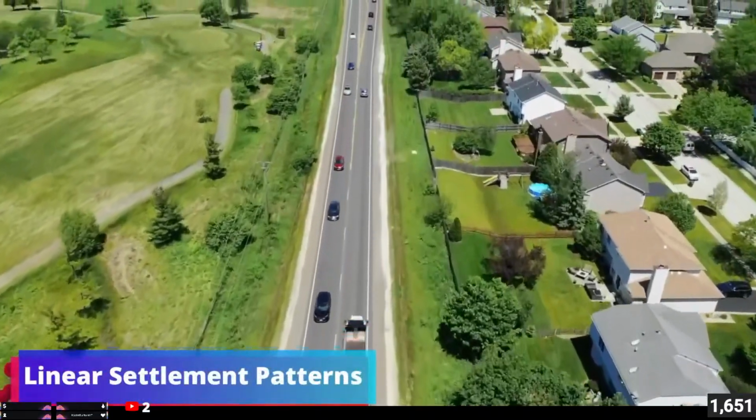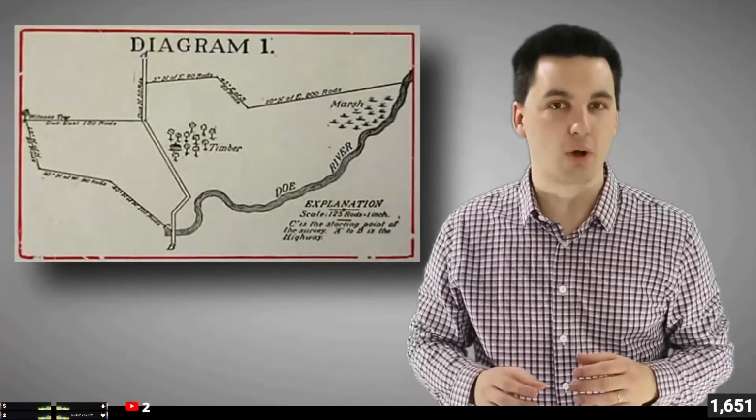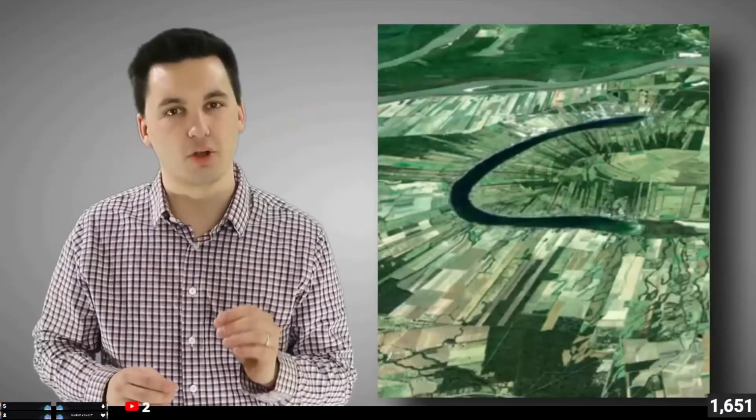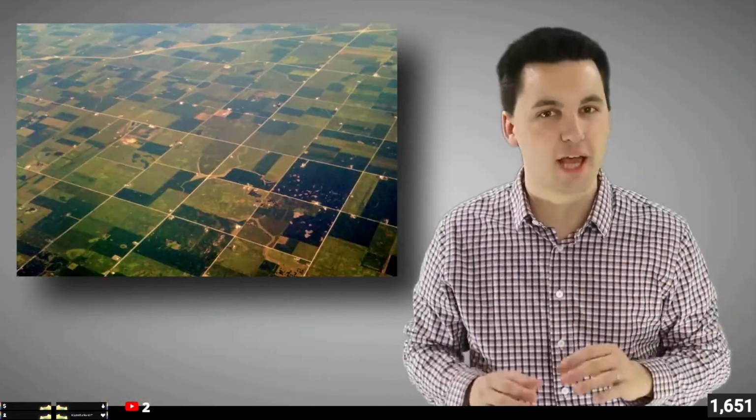These settlements are located along a river, a road, or trains, different ways of being able to connect to a transportation route. And they're built in a line. We're looking at different survey methods. We could look at metes and bounds, which are used for short distances, and oftentimes are based off key geographic features in the area. We can also look at long lots, which divide land up into narrow parcels that each have connections to a transportation system, whether it be a road or also a river. And lastly, we could look at a township and range, which uses longitude and latitude to create a grid-like system across a geographic area.